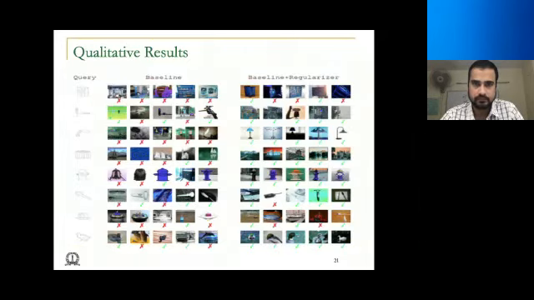Right. And these are some qualitative results. Obviously, these are some of the good ones where there is a significant difference between the baseline model and the baseline plus regularizer. But yes, we did see a reasonable difference with the other examples as well. So given a query, in some, you can see that the majority of the top 5 are wrong. And with the regularizer, it was able to retrieve some of the correct ones too.